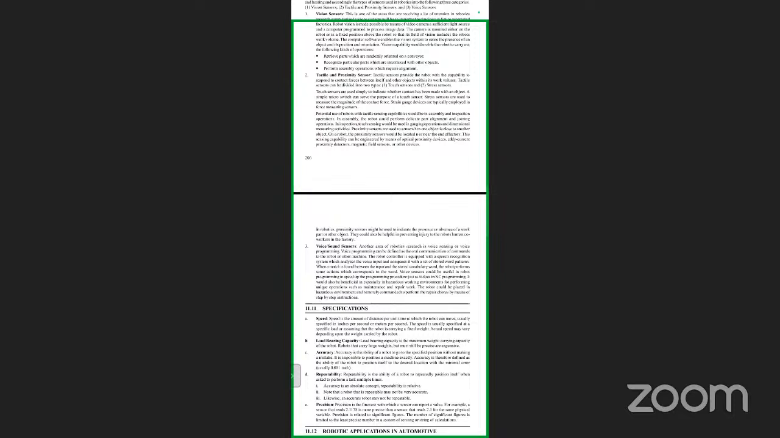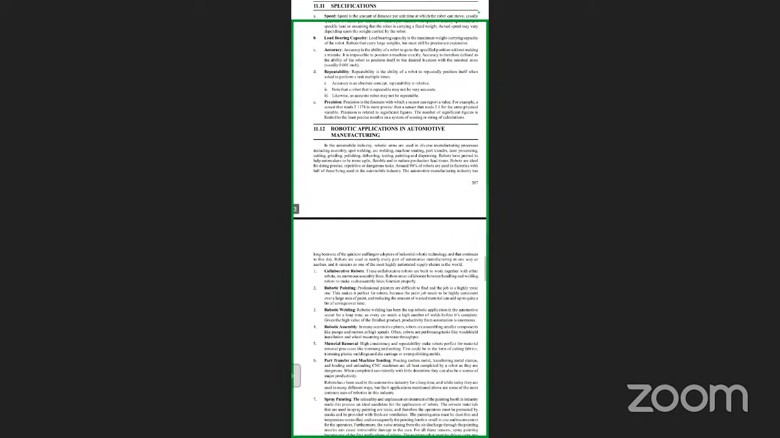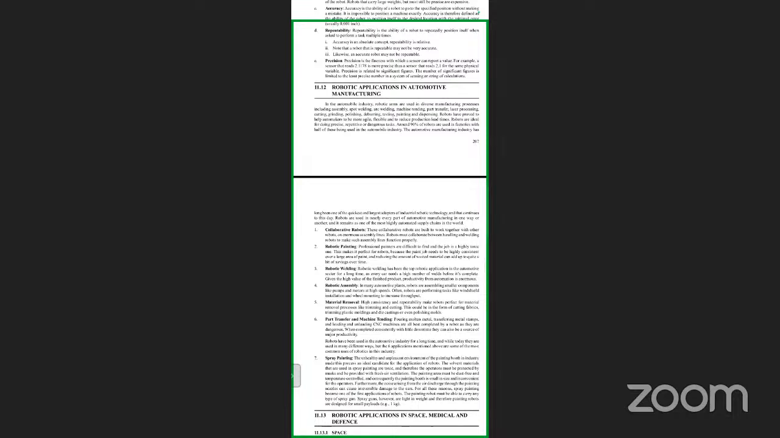So, another area of robotics research is voice sensing or voice programming. Here, voice programming can be defined as the oral communication of commands to the robot or other machine. Next, they have given specifications like speed, load bearing capacity, repeatability, and precision. And robotic applications in automotive manufacturing, where all these are used, like collaborative robots, robotic painting, robotic welding, robotic